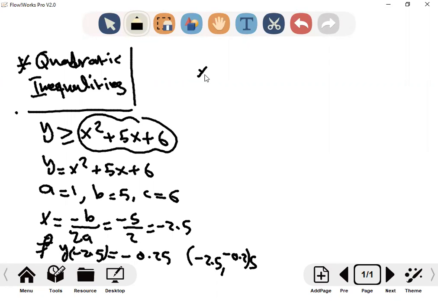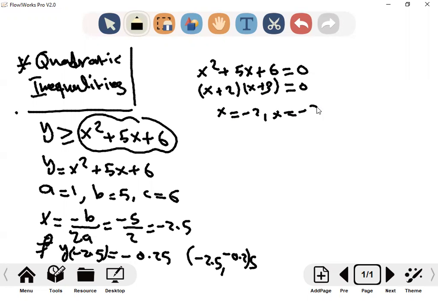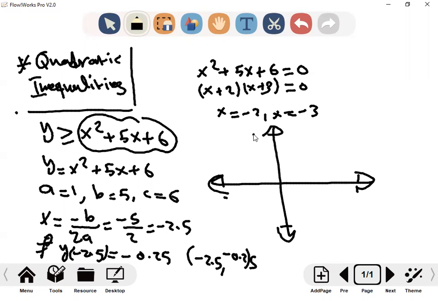But here I turn x squared plus 5x plus 6 into an equation. Why did I do this step? To find the x-intercepts, so I can graph more specifically, right? So here I will do factoring as we did, x plus 2 and x plus 3. So x will be negative 2 and x will be negative 3. After you find these, you are ready to graph, right? So you make your coordinate plane. Okay, now first you need to plot the vertex, which is negative 2.5 and negative